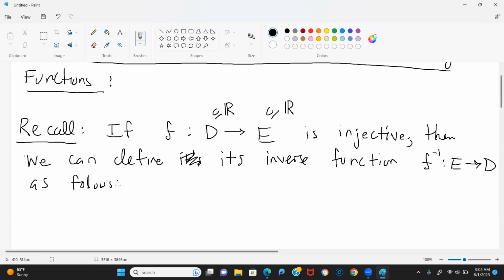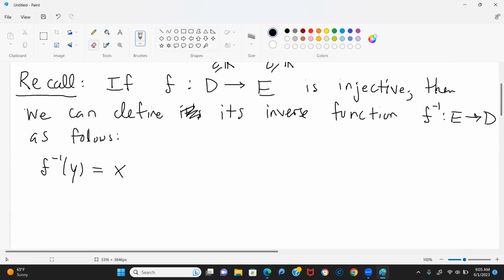So remember, the inverse is defined as follows. If I give you an input, it's defined by this equation. So actually, let me say, so let's say,